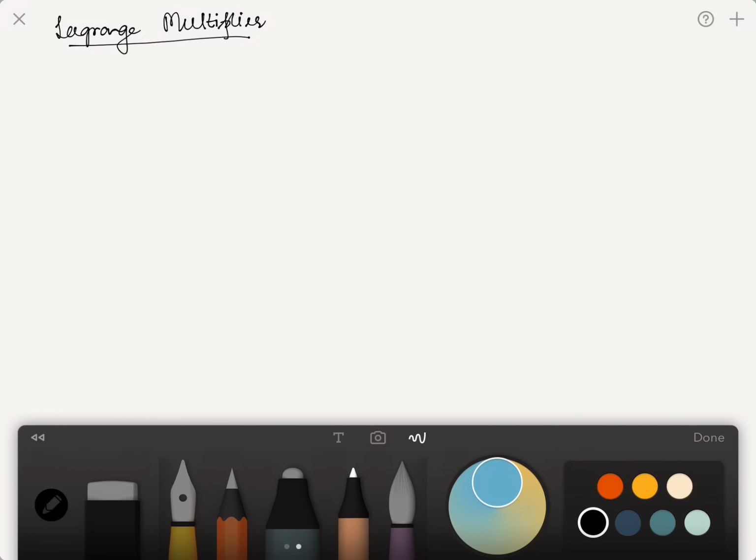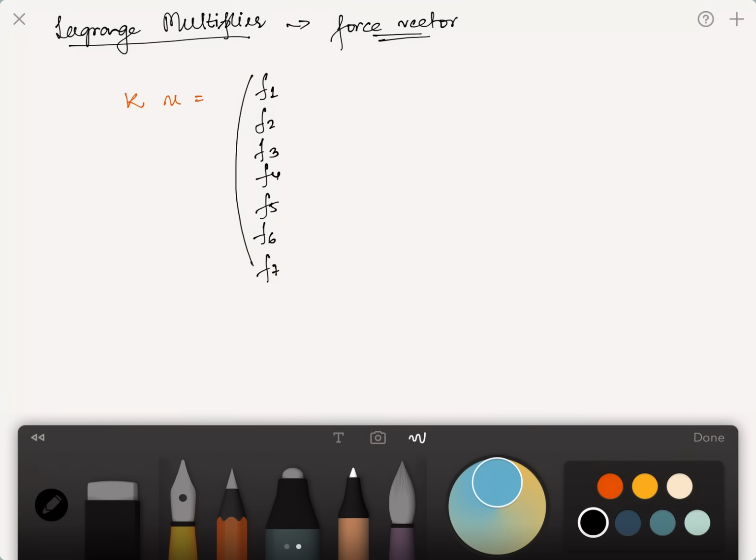So I'm not going to write it because here no change actually happens inside the stiffness matrix or the displacement vector in the first step, but actually the change happens in the force vector. So you see, this is the third method and already a third location where this constraint or this new additional term is added. And in this case, the K remains the same, the U remains the same, but the F will change. So if we had F1, F2, F3, F4, F5, F6 and F7 as your forces, then,